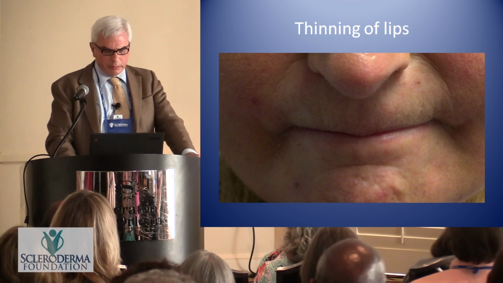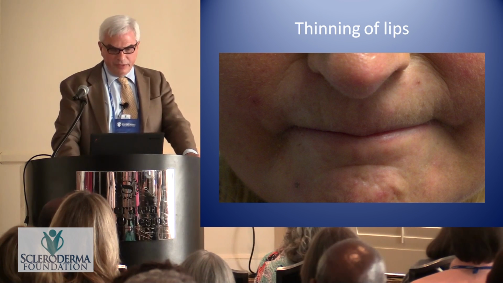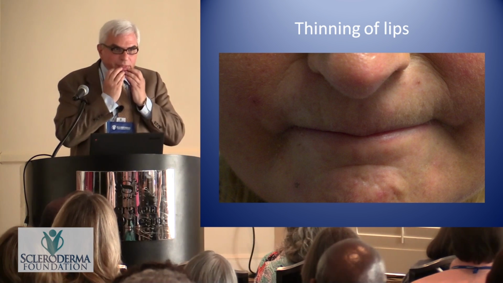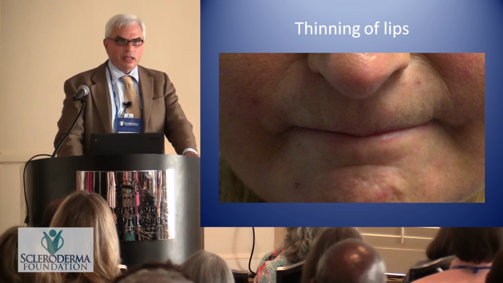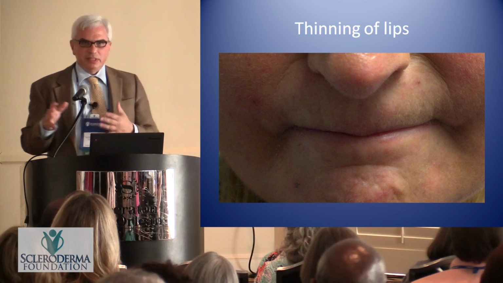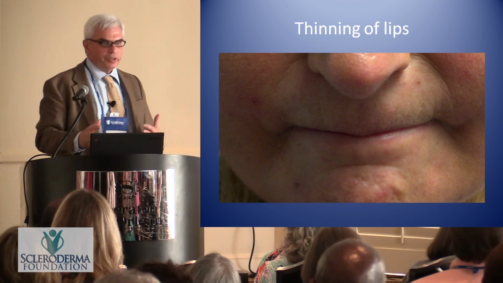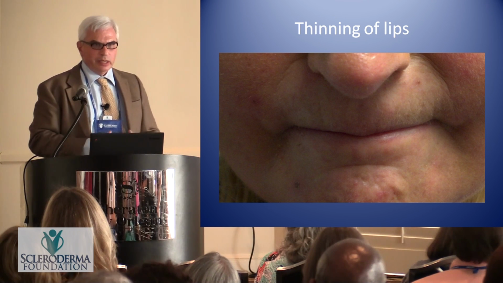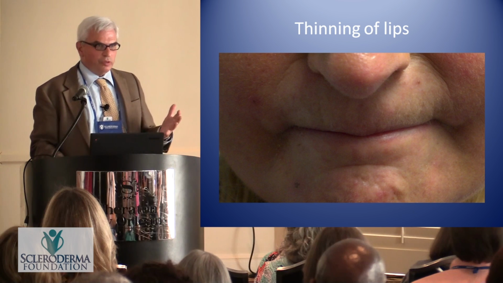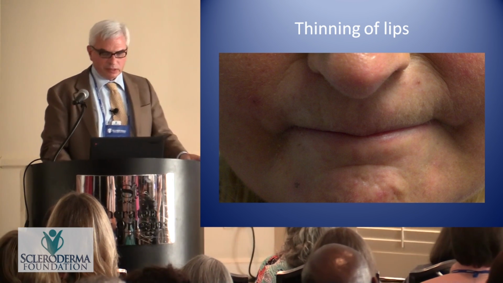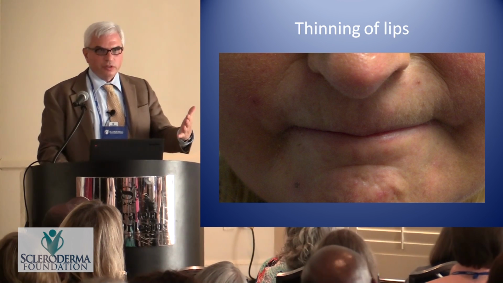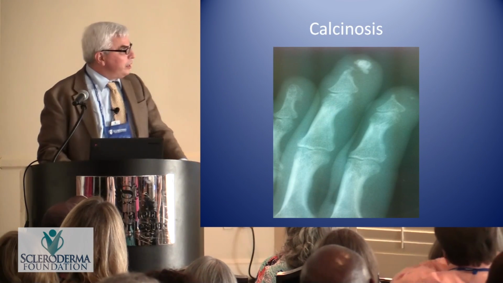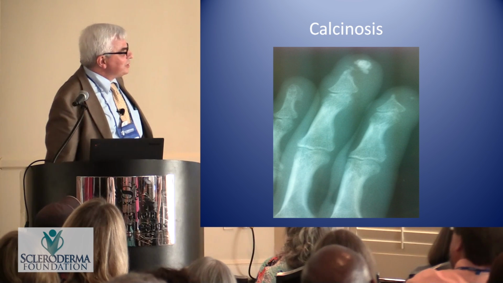And sometimes they're thinner. Same individual, probably if we had her flip down the lip, we would see telangiectasia. Again, because if you have several of these features of the more severe vasculopathy of scleroderma, and again, we're not talking classic peripheral vascular disease, we're talking about very small blood vessels. The more features you have, the more features, if you look further, you'll find. And so this is a very important slide